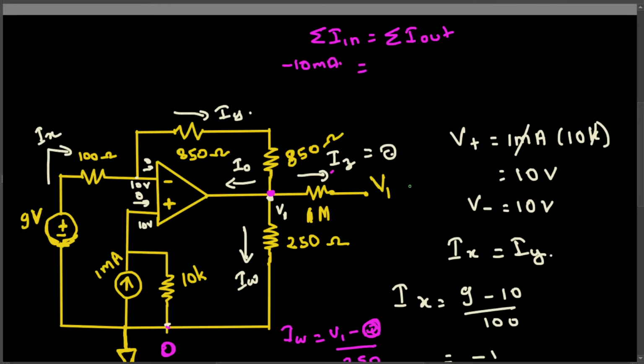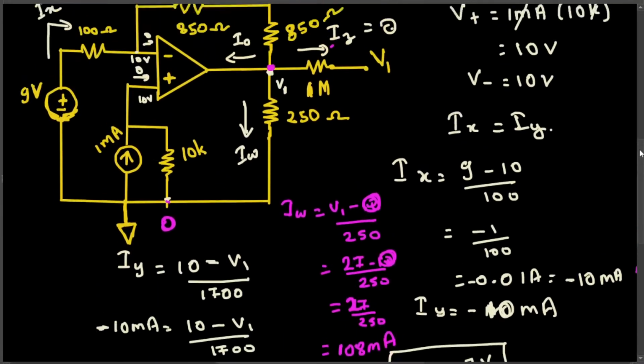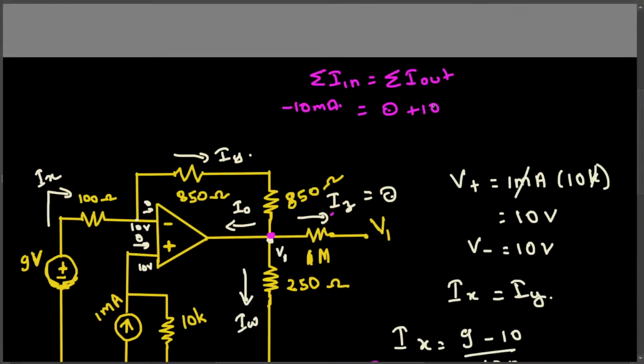IZ is 0, and IW we just found, that is 108 milliampere, and we are trying to solve for IO. If I bring 108 to this side, that's negative, so IO is going to be